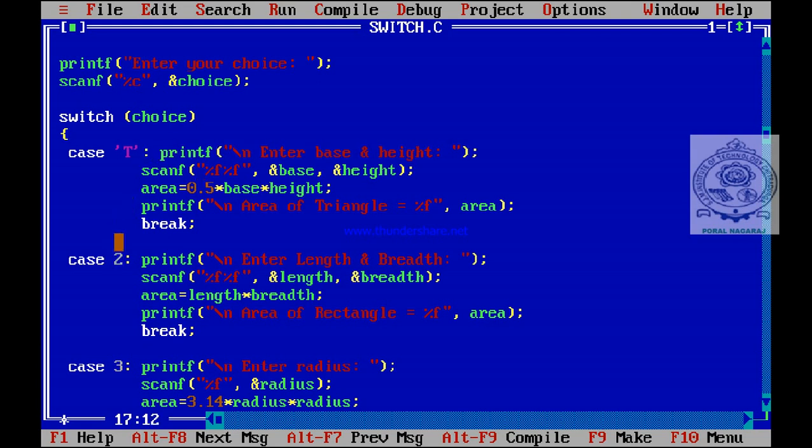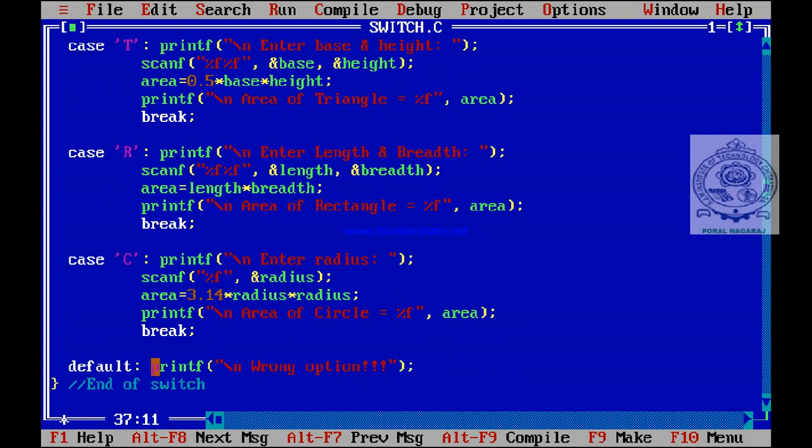Then instead of case 2 for rectangle, this should be within single quotes, R. Then for circle I have used C. This is how you can give. So default, wrong option. Now I am going to execute this program.